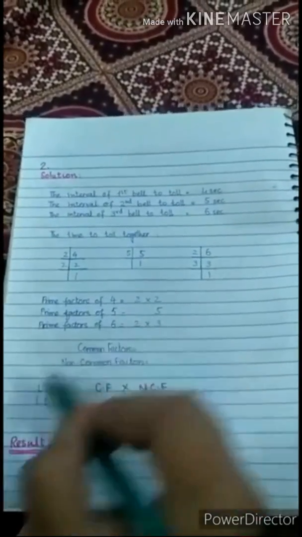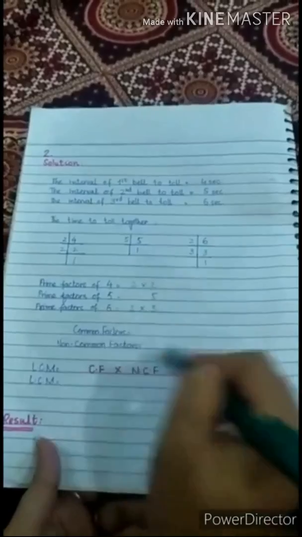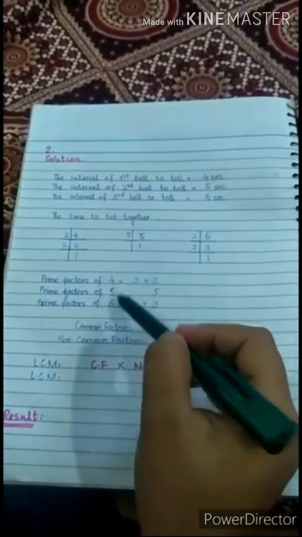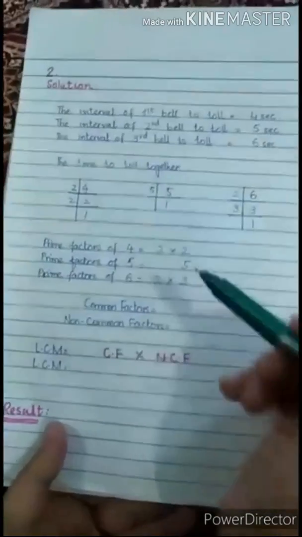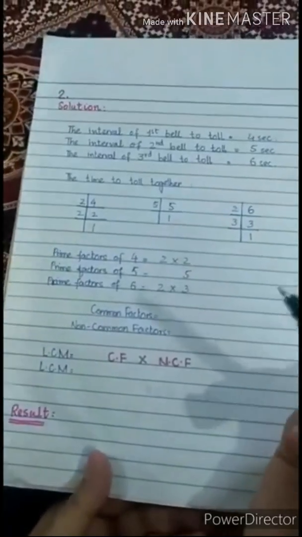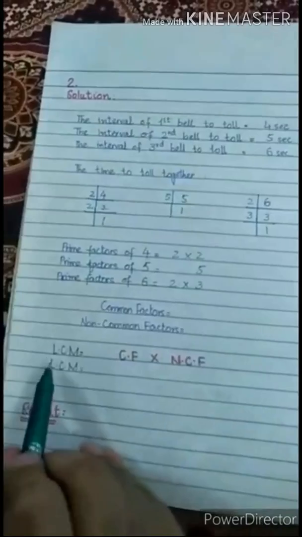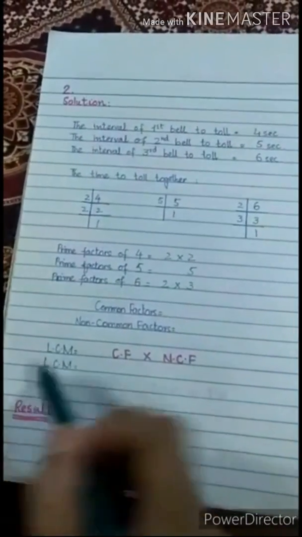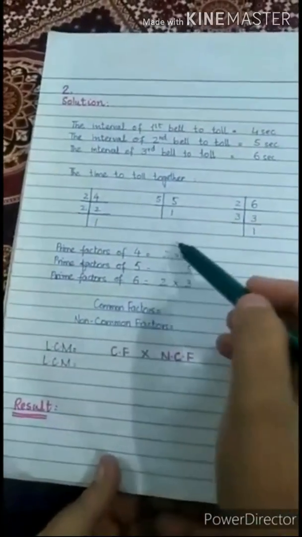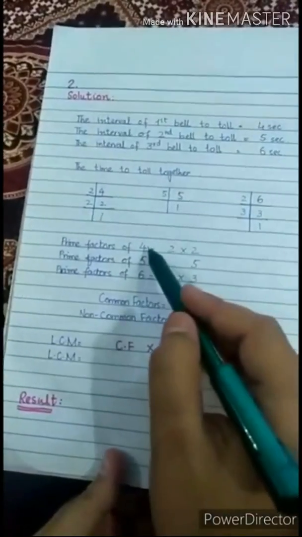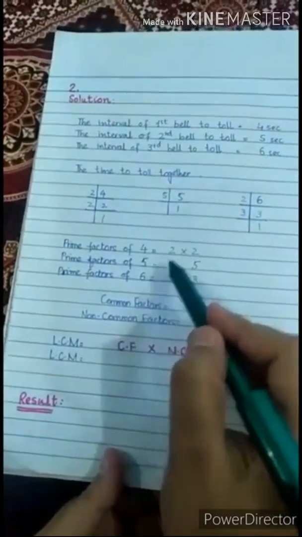And the prime factor of 6 is 2 into 3. So we will figure out the common factor among these three numbers. Okay, dear students, let me tell you a thing. If you are supposed to find the common factors, we have to find the LCM. So in LCM, whenever we have to figure out the common factors, we can use two numbers that have common